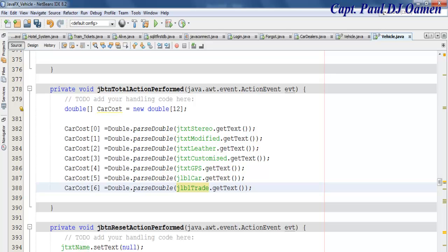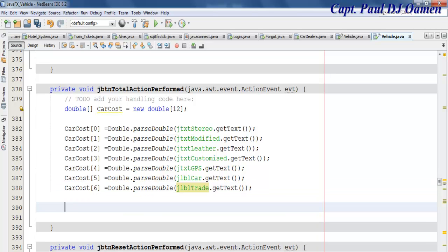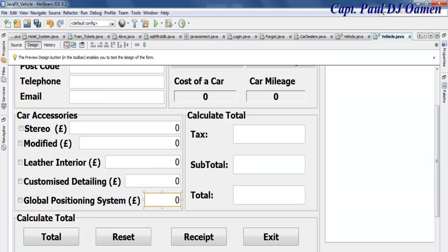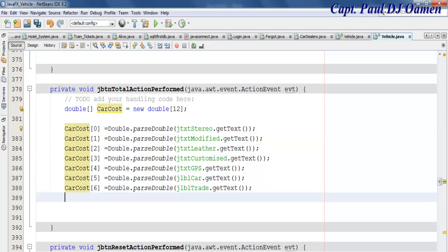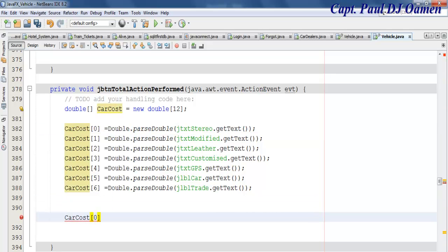Alright, now I have all of them in place. The next thing is, now that I have all of this content in here stored in an array, and these two included as well, okay, those 5 here and these two making 7 in total. If you count it, 0, 1, 2, 3, 4, 5, 6. So the next one here, let me use car cost 7. Car cost 7 equals, I will then add all of these together. That plus,